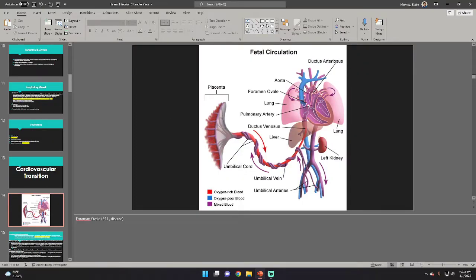Alrighty, we're going to be going into fetal circulation, and this is a pretty big category, and I really think that if you can understand this, the pediatric nursing of heart defects will get a lot easier. So just focus on it now. To kind of bring it all together, though,